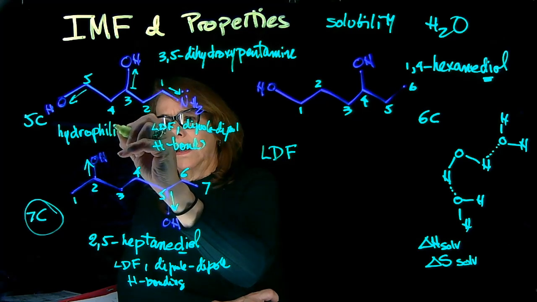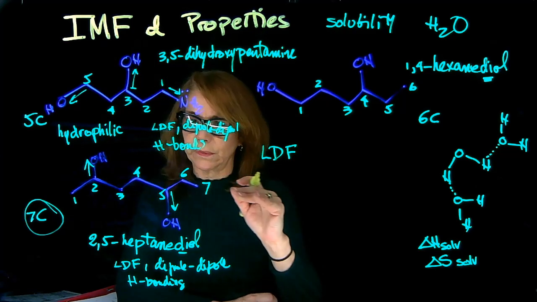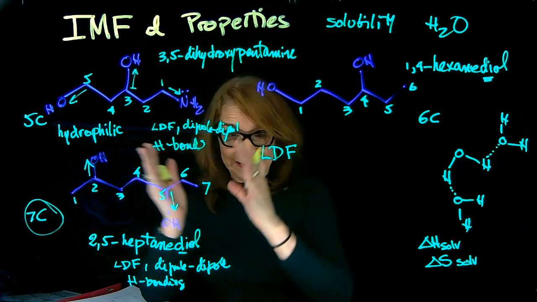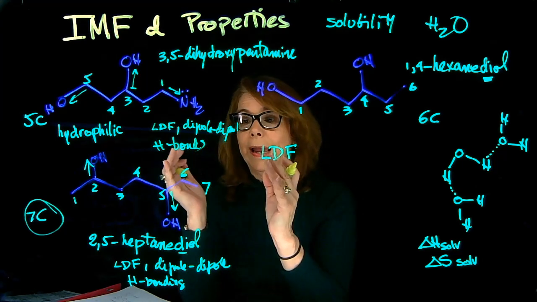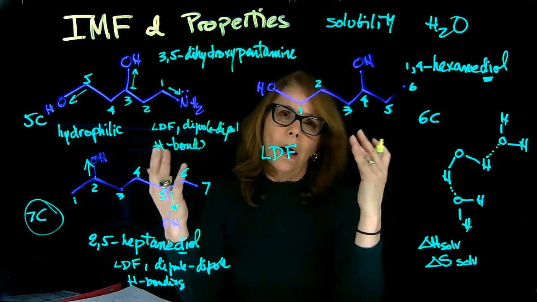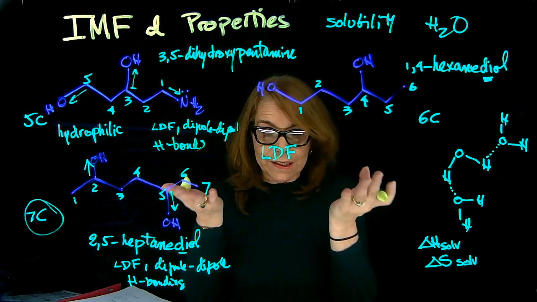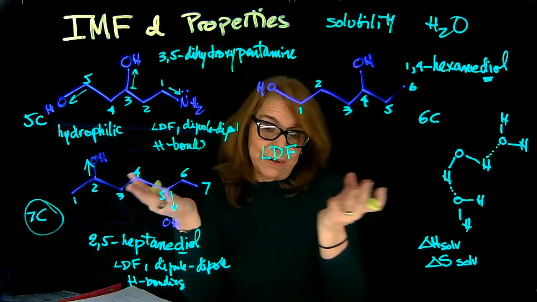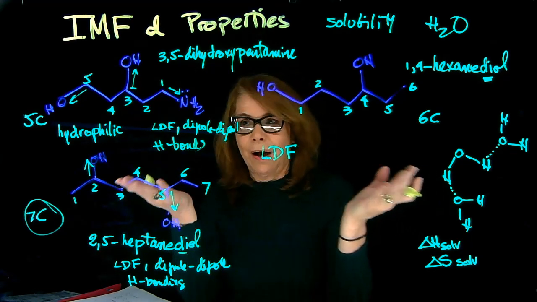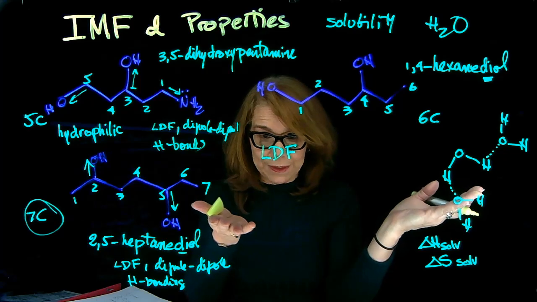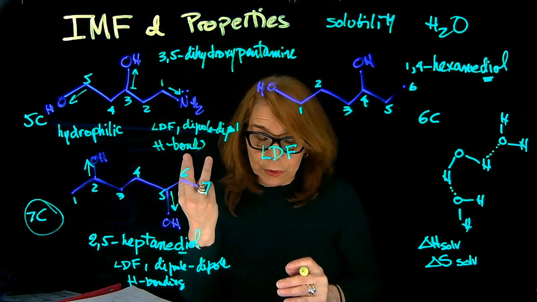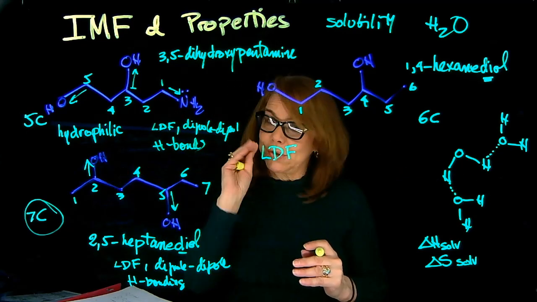Comparing these two, because we have fewer carbons, if we try to see the relative weight of the hydrophobic part and the hydrophilic part, here you have 3 polar groups and 5 carbons, so it's very likely